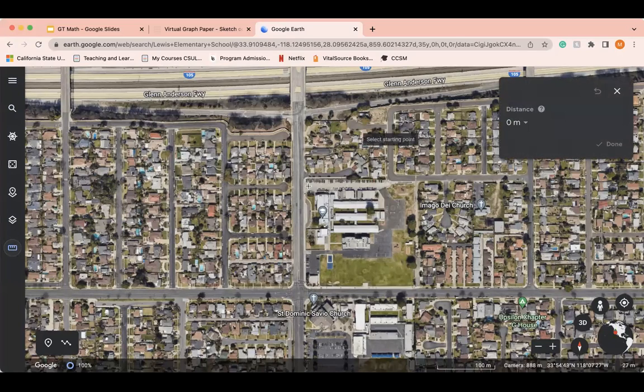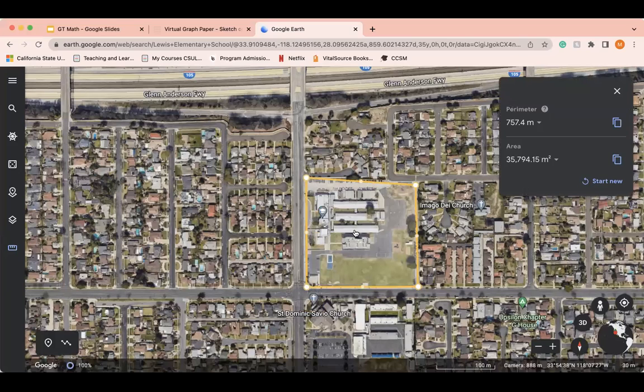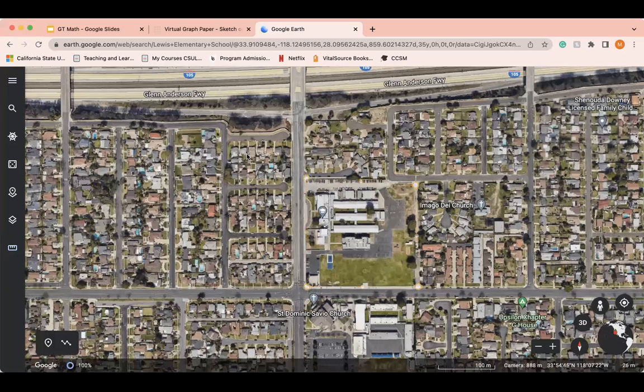Show them the measuring tool, start at one corner, go to the next corner. If you include the parking lot in one building, I highly recommend you include it for your other school campus, just for continuity reasons. They will be copying down this measurement right here on their worksheet. Once they're done drawing it out, counting their buildings and getting their measurement,